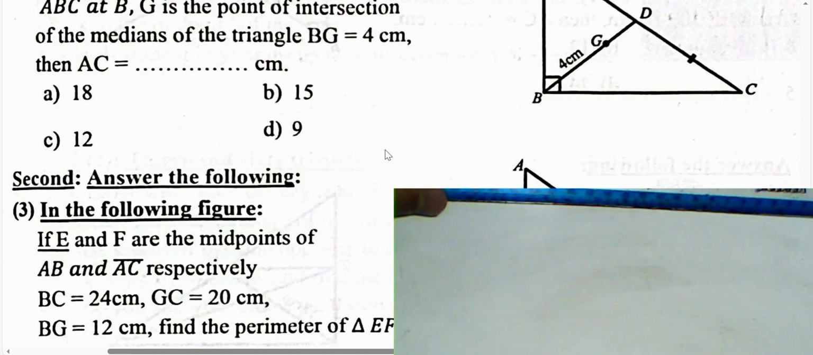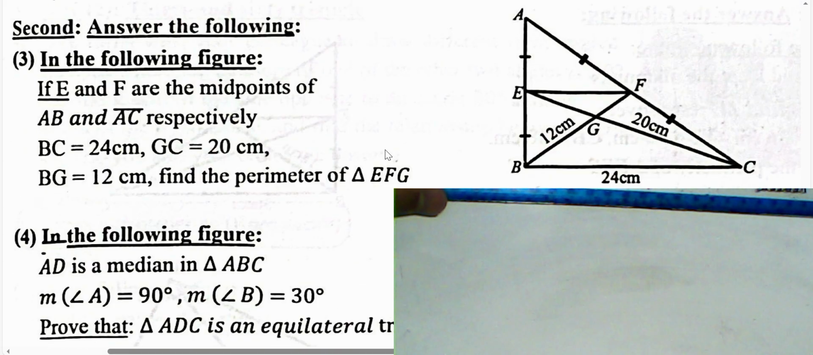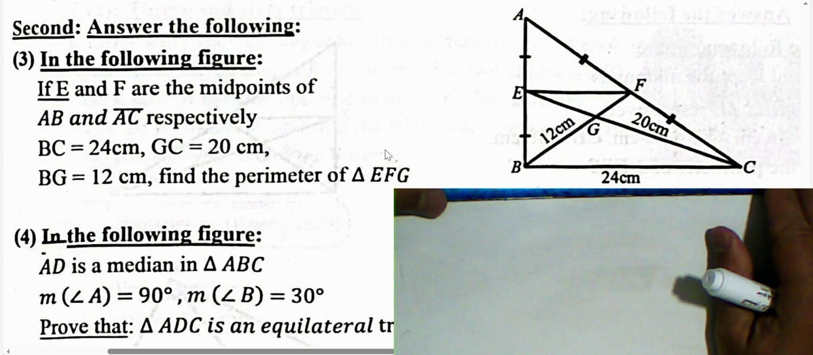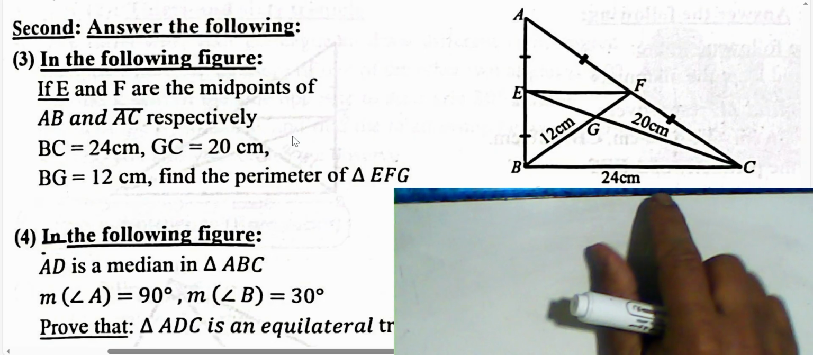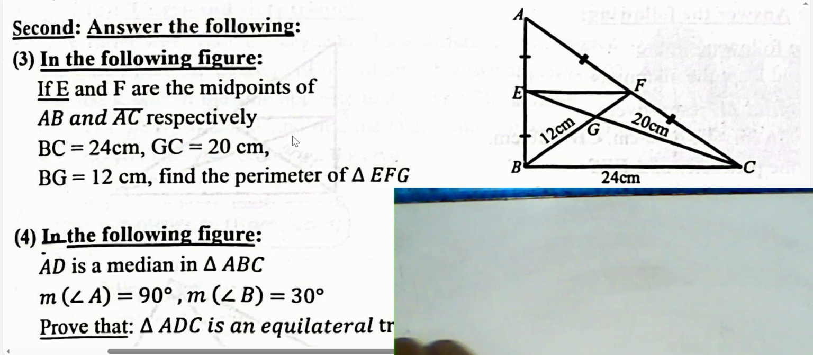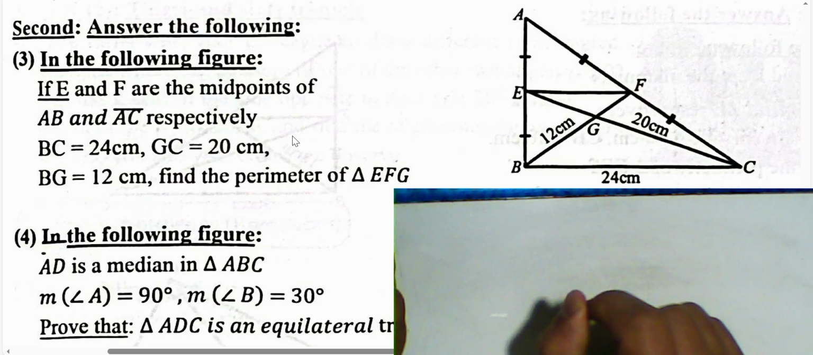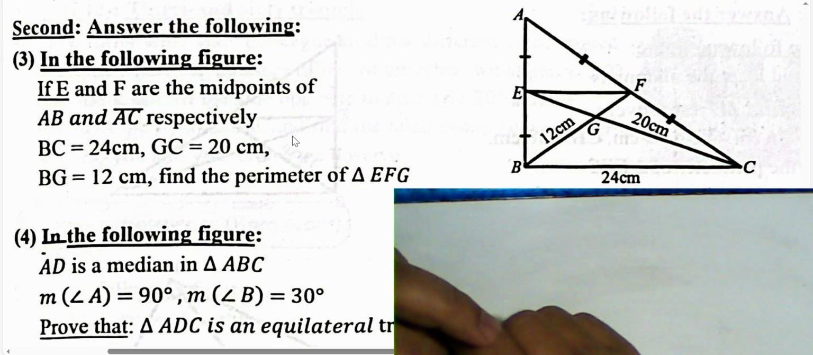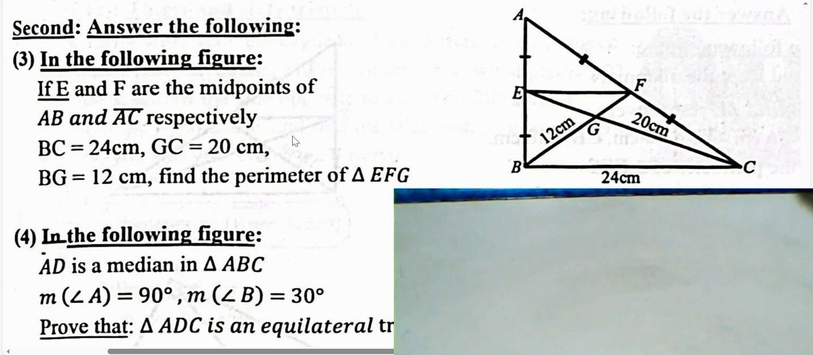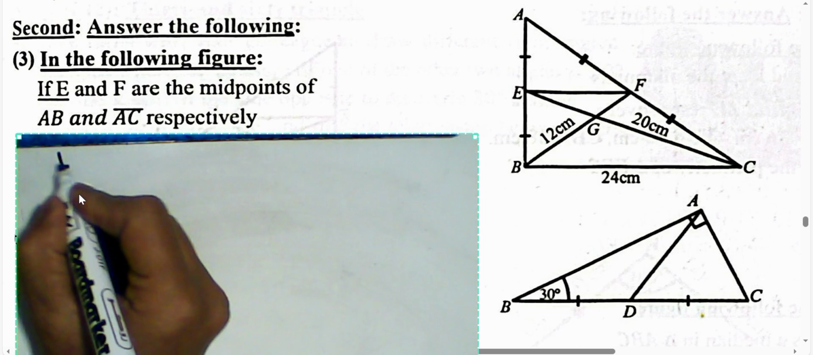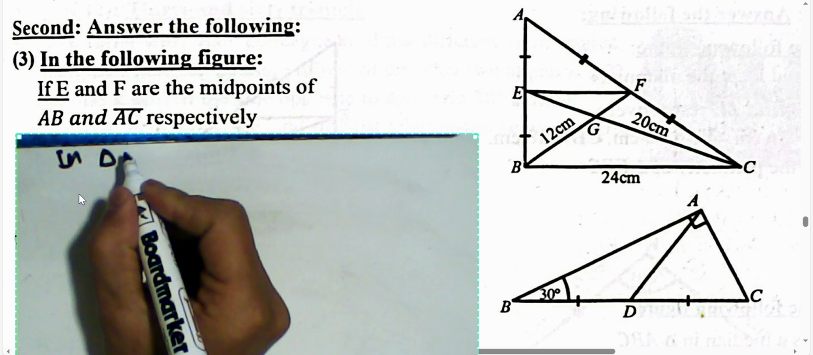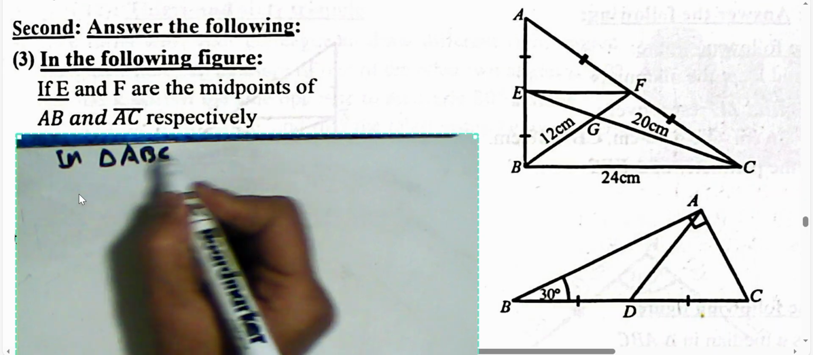Next example. Find the perimeter of triangle EGF. Okay, we have medians in triangle ABC intersecting. Now we can prove CE and BF are medians in this triangle. Look, we can write the steps. We have right triangle ABC,